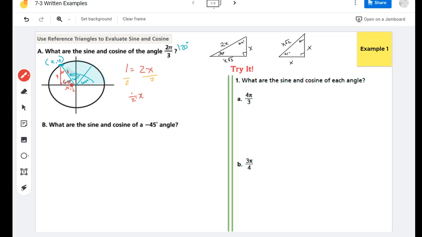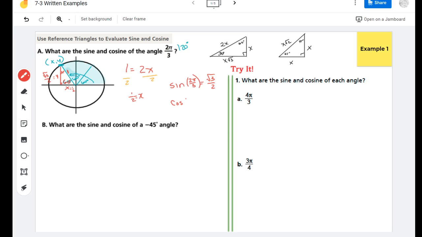Now this long leg, which is opposite to the 60, is equal to the short leg times the square root of 3. So 1/2 times the square root of 3 is root 3 over 2. Alright, so my sine of 2 pi over 3 is equal to my y value, which is root 3 over 2,